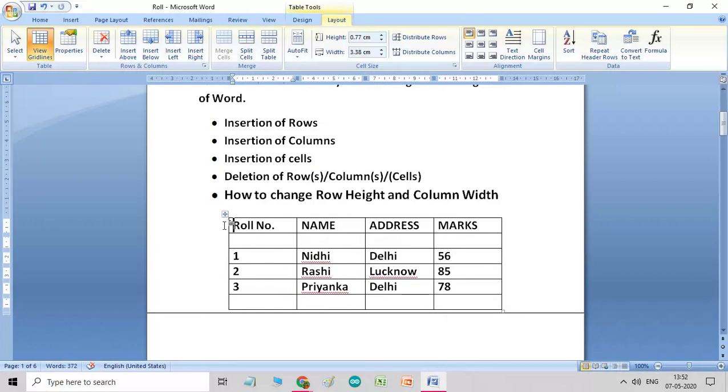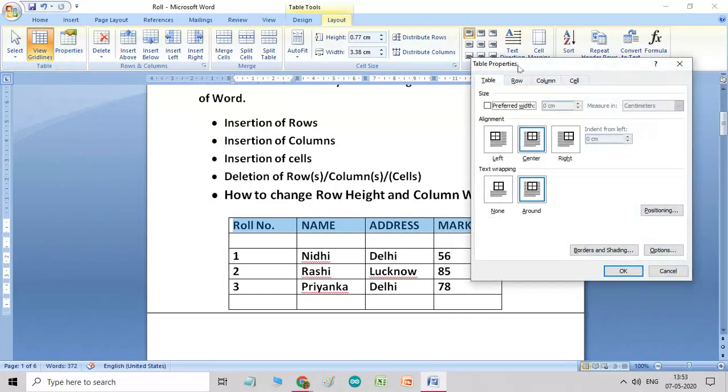Now let us learn how to change the row height and column width. So how can we do? To change the row height, select the row. First I want to select this row. Then click on the Layout tab. Already I have clicked here. Then click on the Properties option in the Table group. Then you will get the Table Properties over here. Click on the Row tab here.